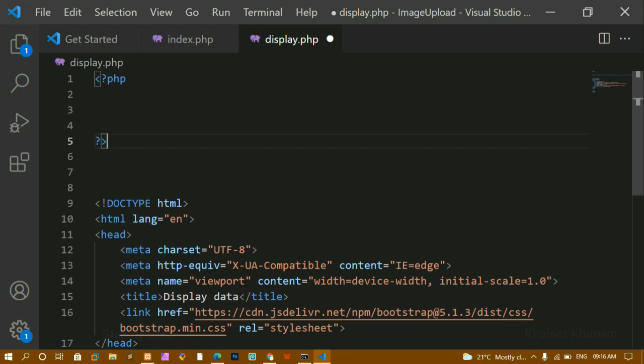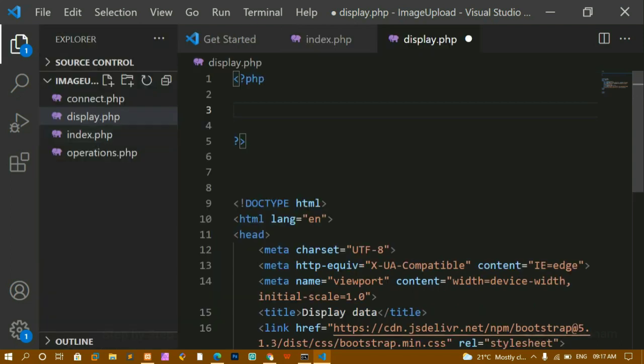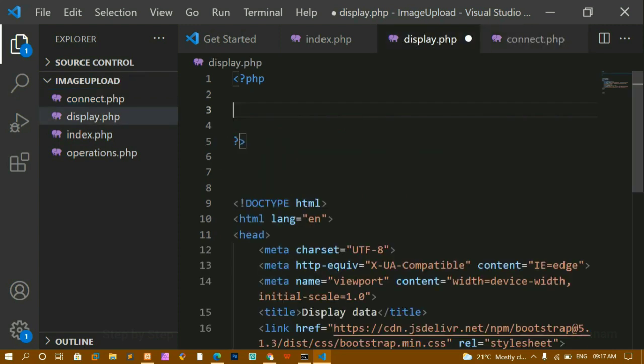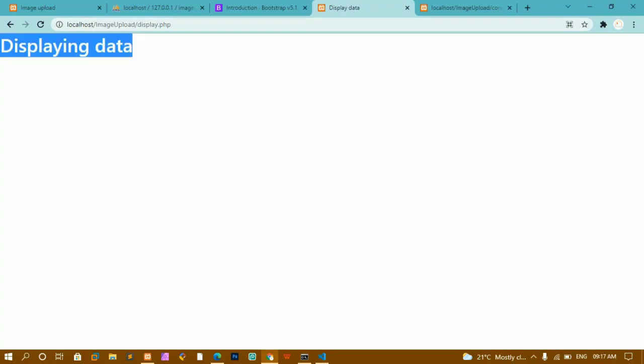So first I have to connect to the database, and to connect to the database, I have already created that one, this particular file. Inside this, I am connecting to the database. Now inside this display.php file, I am just including that file. I'll just write this one, include, and inside this parenthesis, I'll be writing that file name. I'll just write here connect.php file. I'll save this. I'll come here. I'll just refresh this one. Now you can see here I am having this connection successful